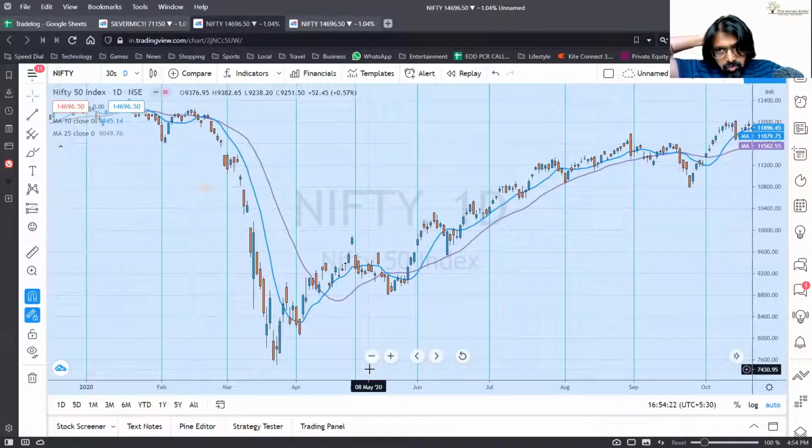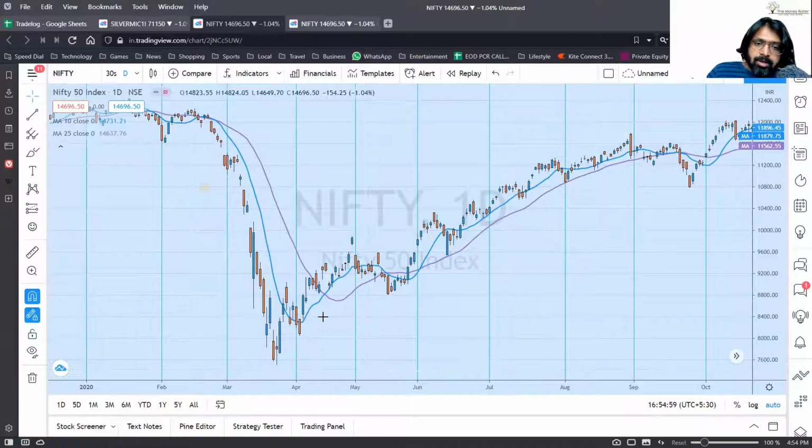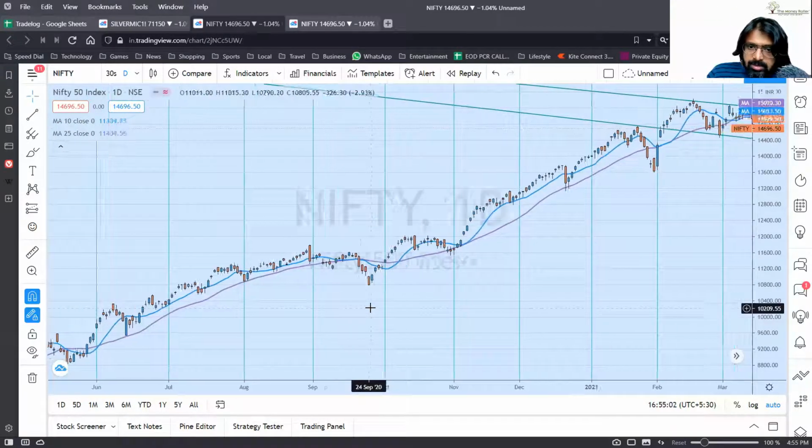So, moving average crossover. This is a simple technique, and it is the first algorithm you will make when you are learning algo trading. The funda is that you have a longer moving average and a shorter moving average. Once the shorter moving average crosses above the longer moving average, you buy. As long as it is above the longer moving average, you stay in that trade. Once the shorter moving average crosses below the longer moving average, you sell. This is what this algo trade tells you.